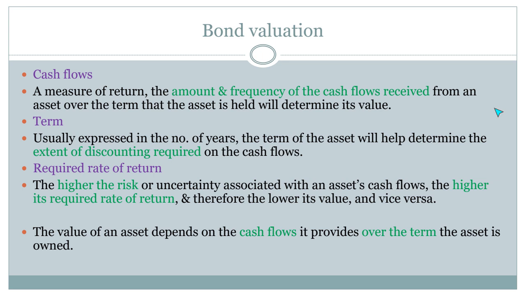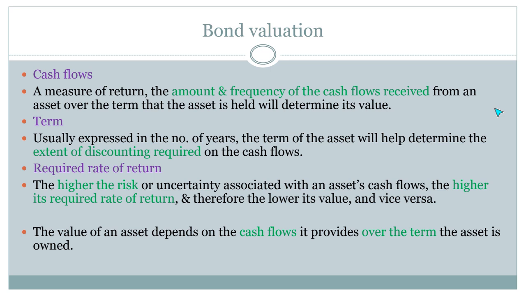And the direction of that cash flow is also from the company to the investor. Okay, so initial cash flow from the investor to the company, the capital amount that you are lending the company. And then throughout the lifetime of the bond, the cash flow is the interest that is paid to the investor by the company. And at the end of the life of the bond, that capital amount that was initially paid to the company is now repaid back to the investor. So that is the pattern of the cash flows